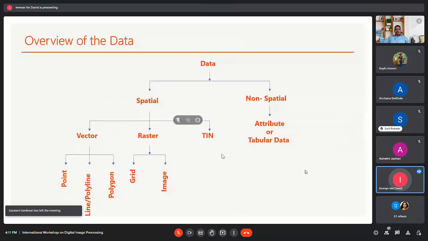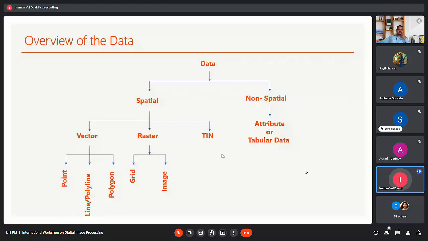So, in the overview of the data, we have to know data is the main key component of GIS. So you know all about GIS, the Geographical Information System, or geospatial data. That is the main key component. Without data, we are not able to do mapping, analyzing, and modeling.